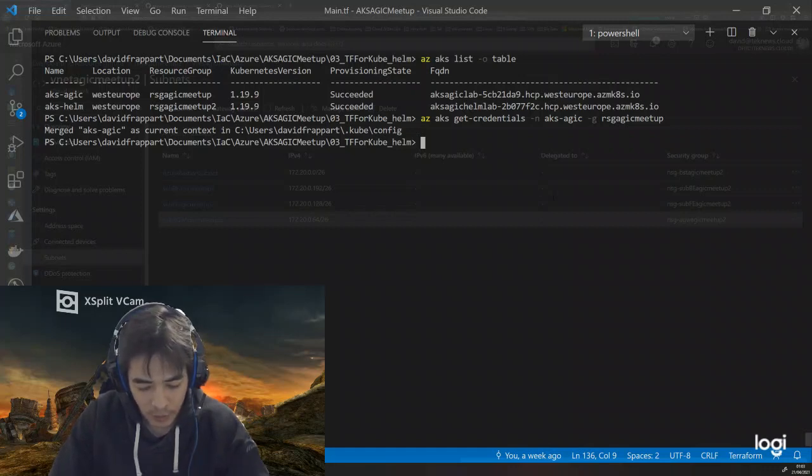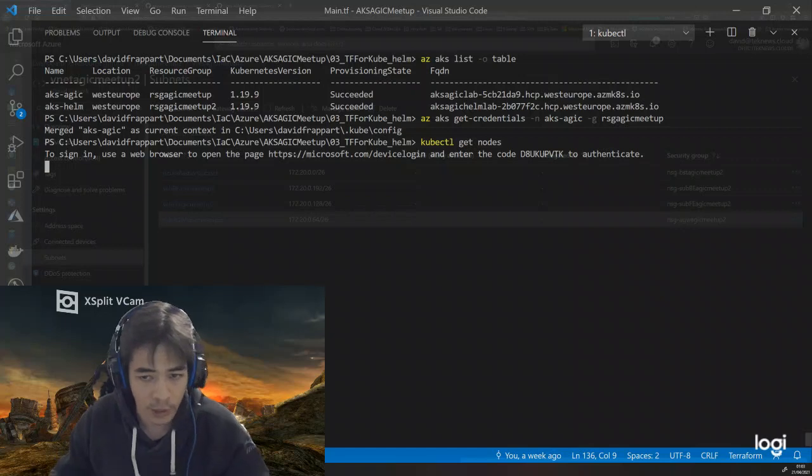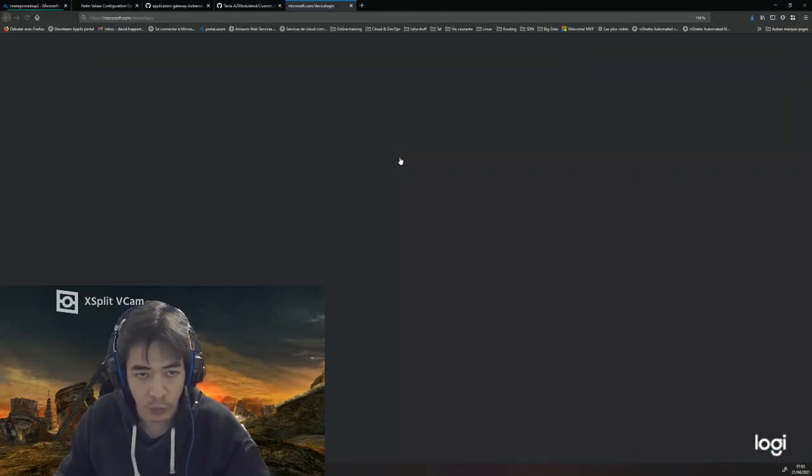Now I can use my kubectl get node, for example, just to authenticate. As you can see, since I'm in an Azure AD Kubernetes cluster, I need to authenticate. And it should be working at one point.